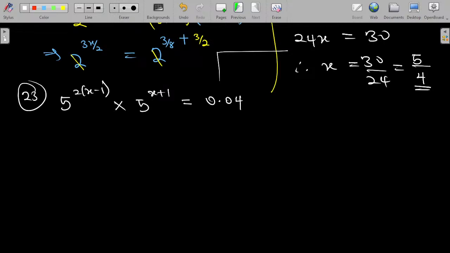Although this one here is multiplication, assuming it was addition, then it would lead us to a quadratic equation. But let's see what this is going to be. Here we have equal bases, so all we need to do is apply the rule. So we have 5 raised to the power of, you can open this bracket immediately, 2x minus 2. Then you are adding the powers, because there is multiplication here, so it will be x plus 1. So we have plus x plus 1, and that is equal to,